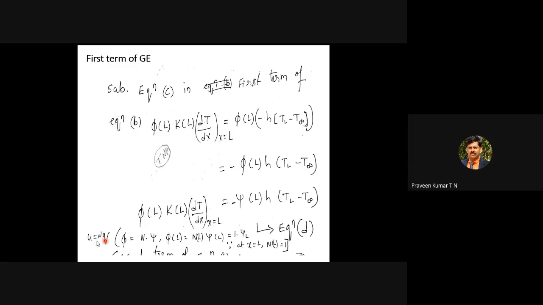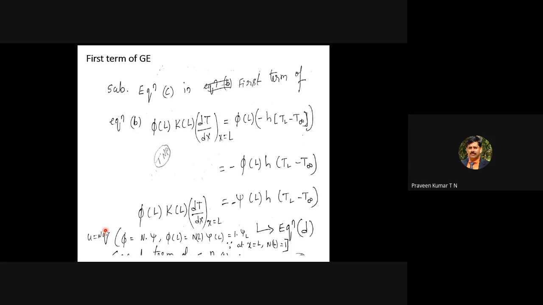So now U is equal to NQ, you are familiar. Even in bars you write U is equal to NQ. Imagine at node 1 and node 2, with respect to the bar itself, the displacement at node 1 is known, and at node 2 also. Once you know the displacement at node 1 and node 2, we can get displacement at any point within the element. That's nothing but U is equal to N1 Q1 plus N2 Q2. In a simple way, we can write it as U is equal to NQ.